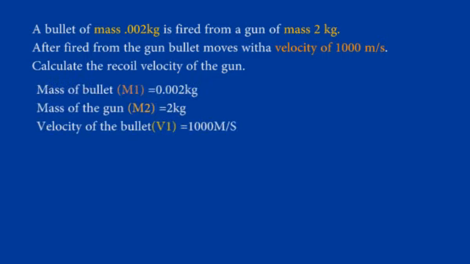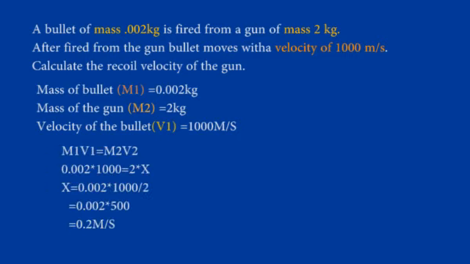Mass of the bullet M1 is equal to 0.002 kg. Mass of the gun M2 is equal to 2 kg. Velocity of the bullet V1 is equal to 1000 meters per second. We know the formula M1 V1 is equal to M2 V2, the conservation of momentum. Hence,